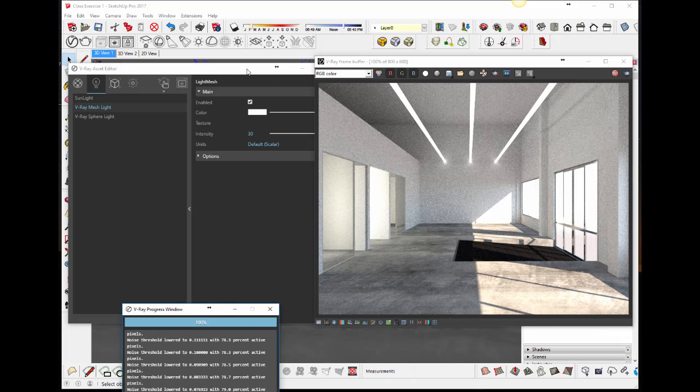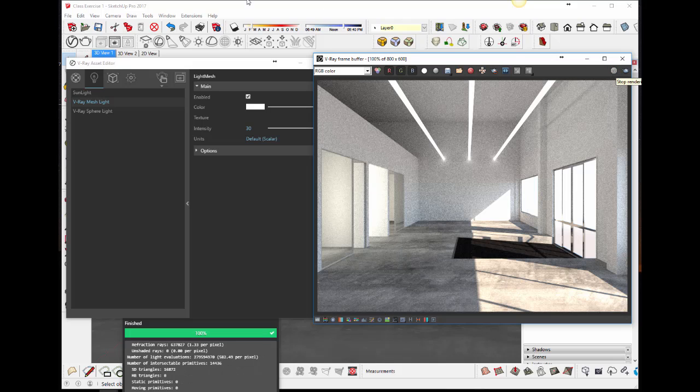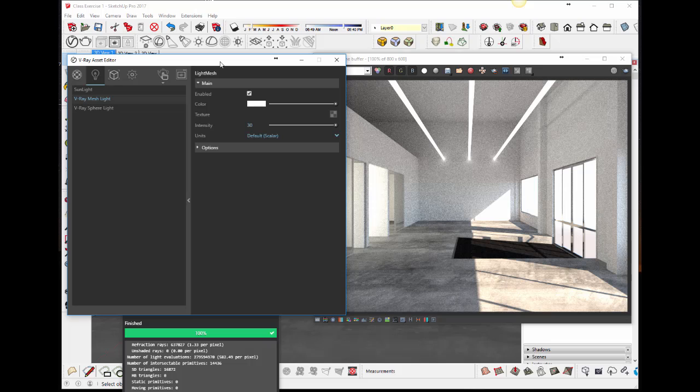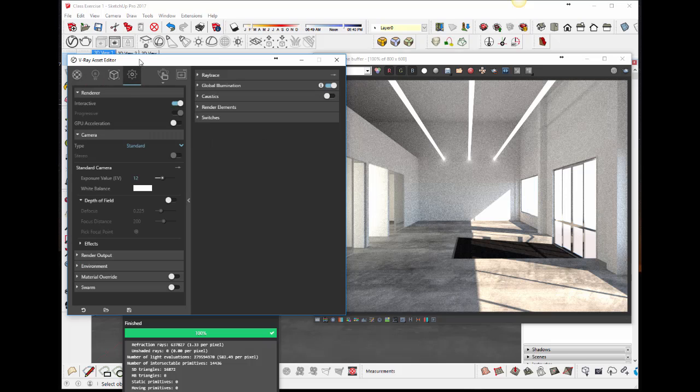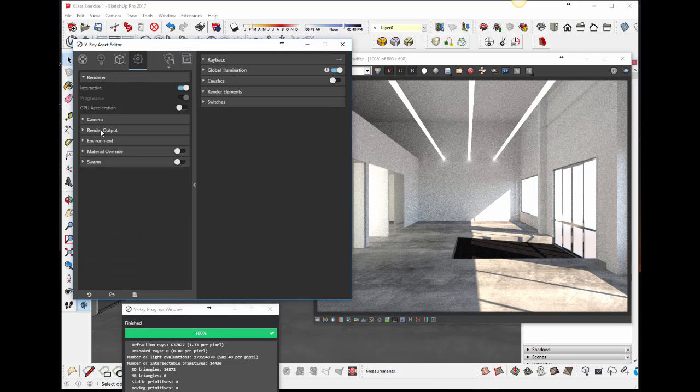Okay, so just before we go on break, I just want to show you one last thing to do a little bit more of a quality render, I would say. So if I press stop on the interactive, I then want to go to settings, then under render output, so you can see how I can expand and collapse these menus. Render output,